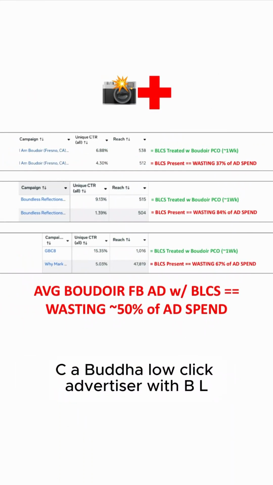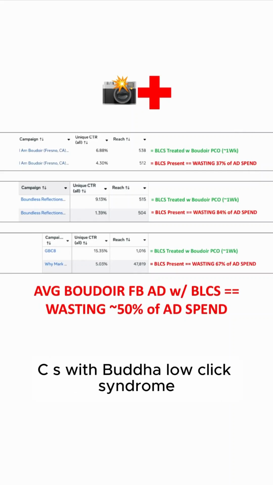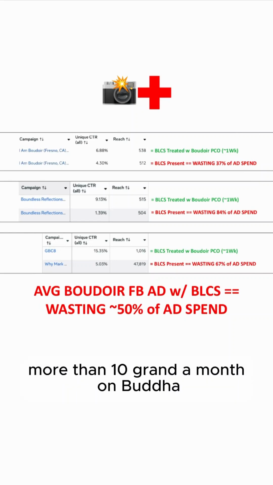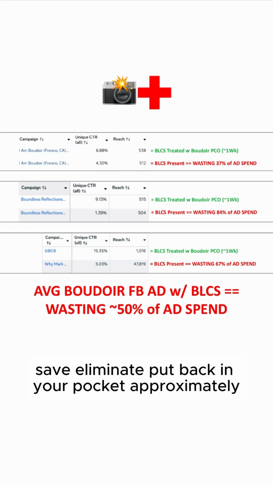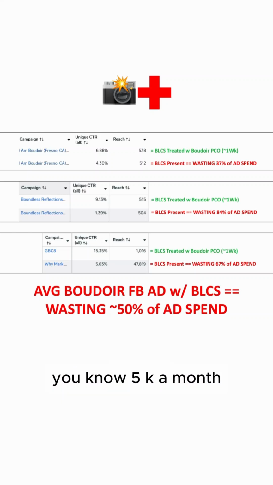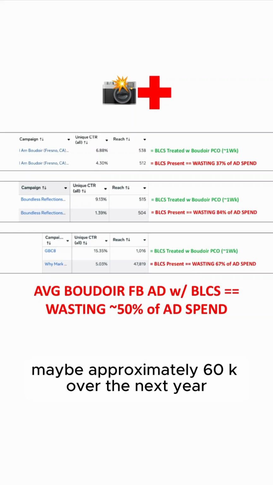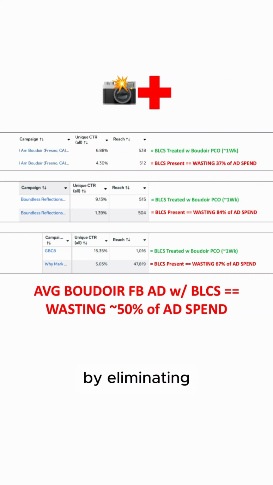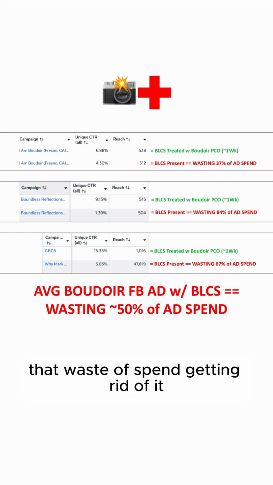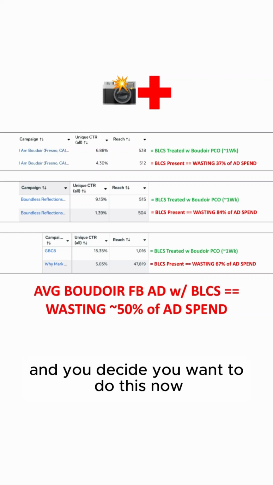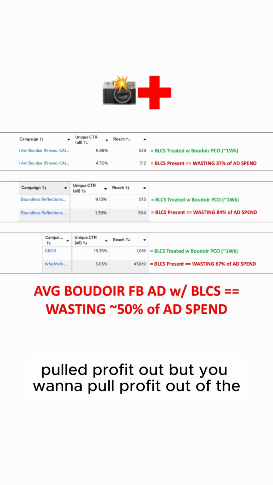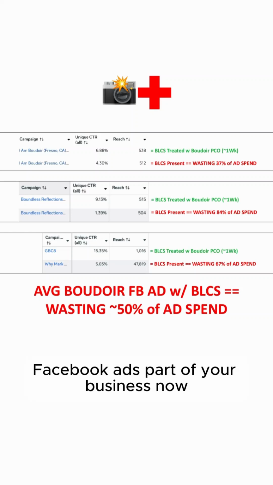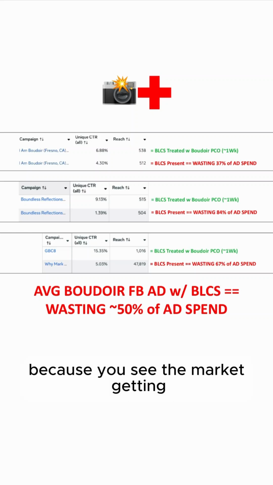All right, so if you're a BLCA, Boudoir low click advertiser with BLCS, with Boudoir low click syndrome, and you're spending more than 10 grand a month on Boudoir Facebook ads, and you want to save, eliminate, put back in your pocket approximately 5K a month, approximately 60K over the next year by eliminating the wasted spend, getting rid of it, and you decide you want to do this now because you've optimized other parts of the business, pulled profit out, but you want to pull profit out of the Facebook ads part of your business now because you see the